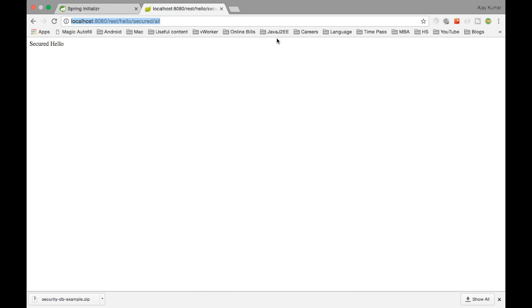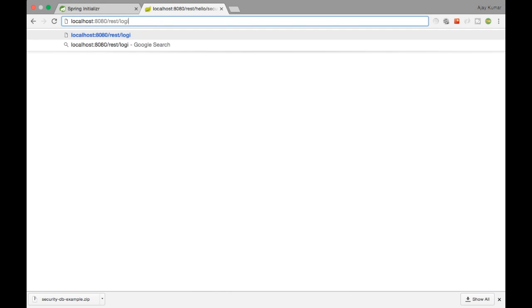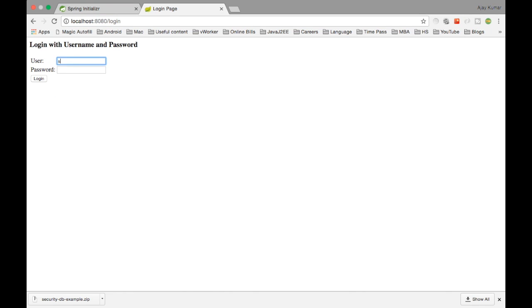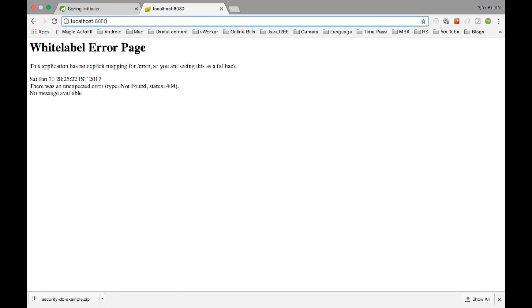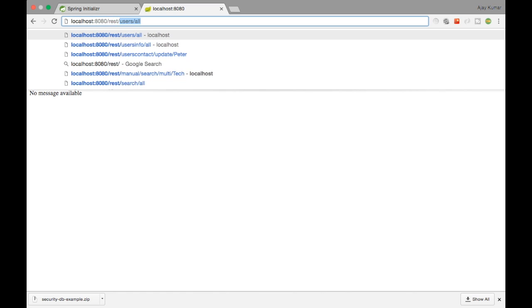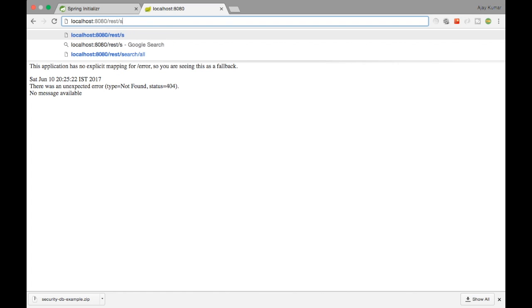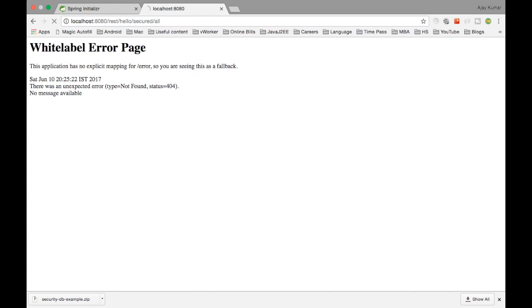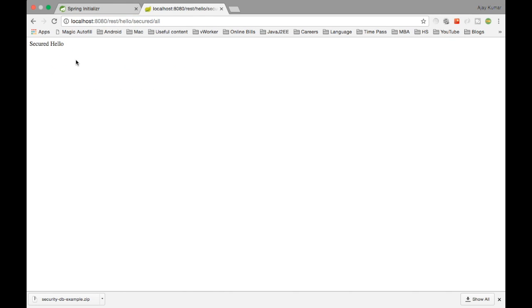Okay, if I say login, I will then be prompted for the login now. If you notice, there is no rest login basically, so I will just go to login. In this case, if I enter some other credential, it won't allow me. Okay, it will not allow me. So I'm going to say Ajay Ajay, and it has, because it did not have any. So I had a secured hello secured all. So this is the REST endpoint. So if you notice here, I authenticated using my credential and then it is now allowing me to access this